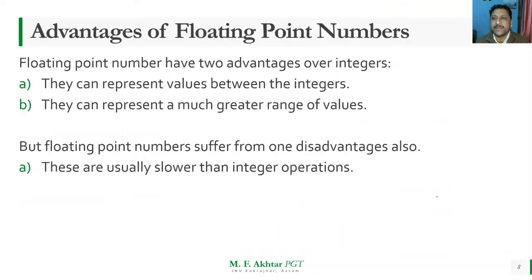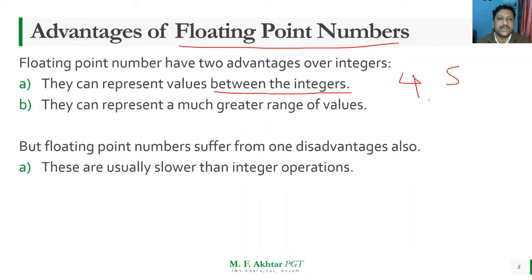Now next, what are the advantages of floating point numbers? Suppose we express some numbers as floating point numbers, then what are the advantages? Floating point numbers have two advantages over integers. The first advantage is that they can represent values between the integers. Say, for example, 4 is there and 5 is there, two different numbers, and in between we want to put some numbers. That is possible with floating point numbers. We can write 4.5, which comes in between these. We can write 4.2, 4.1,